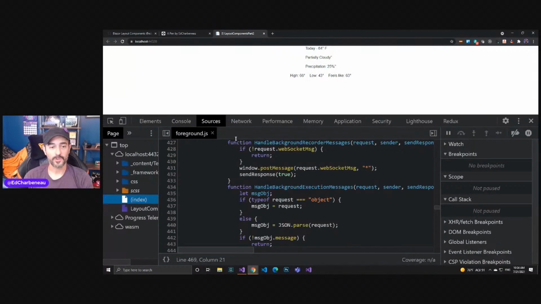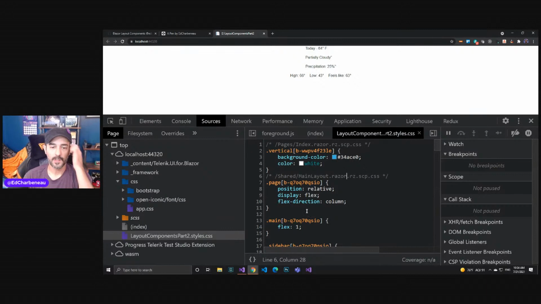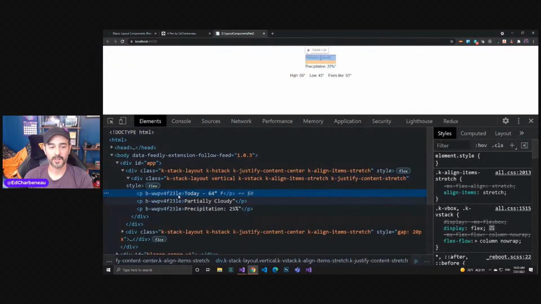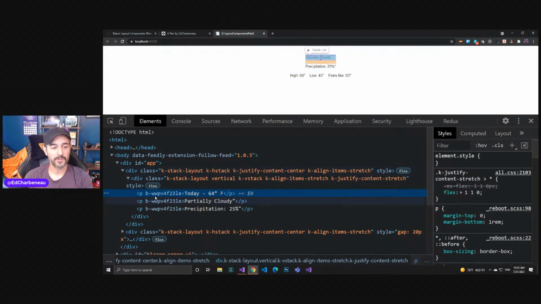Let's check our resources here. And I won't spend too much time on this if I can't get this to work. There's our style sheet. What the CSS isolation stuff does is it applies this unique identifier to your style sheet. And if I look at my elements in this, I should have that same unique identifier attached to the elements. And it is not part of this